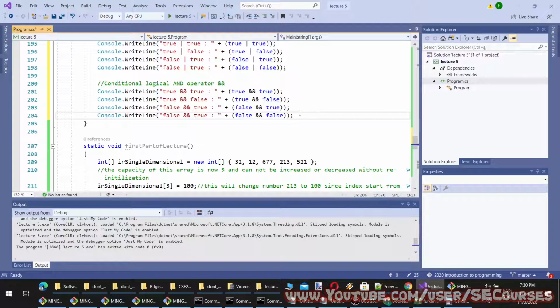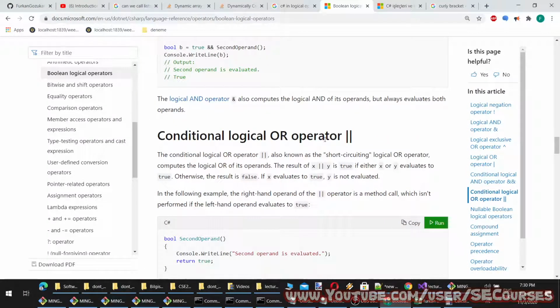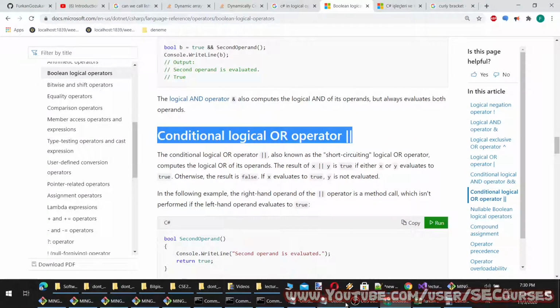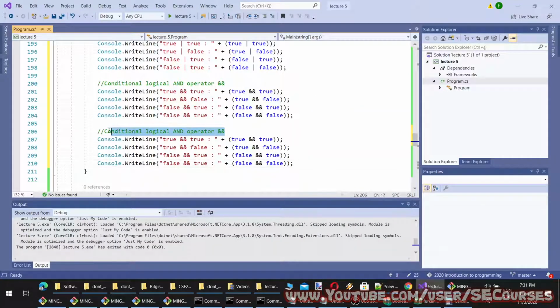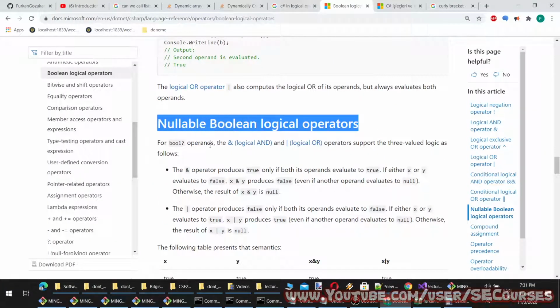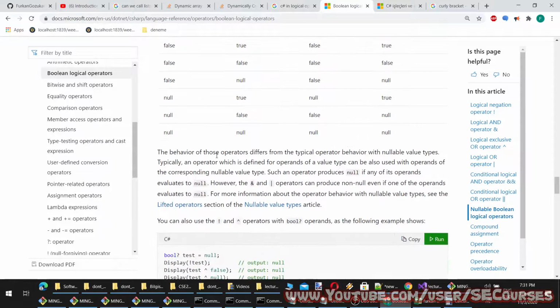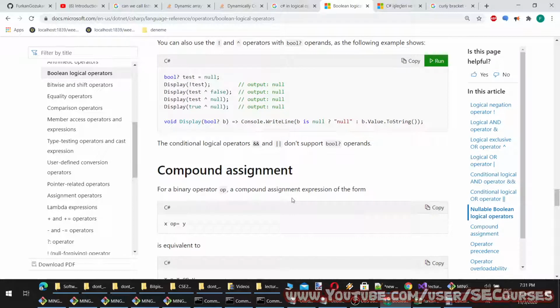And then conditional logical OR operator. Okay. Nullable Boolean logical operator, there is. I think we don't need that. Okay.